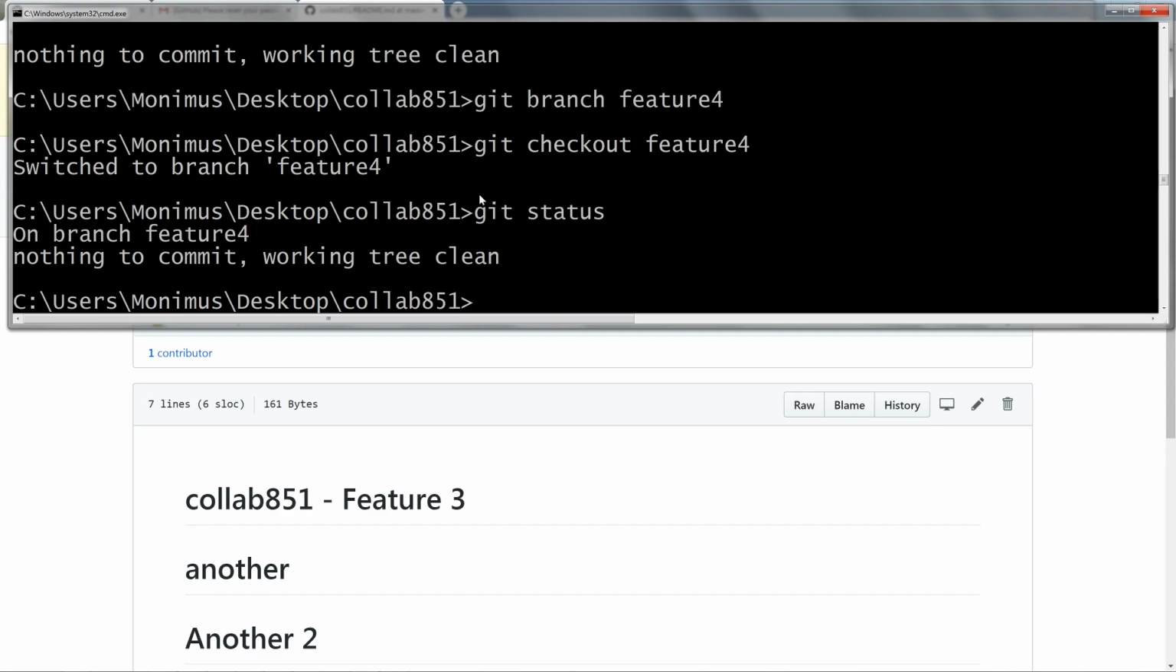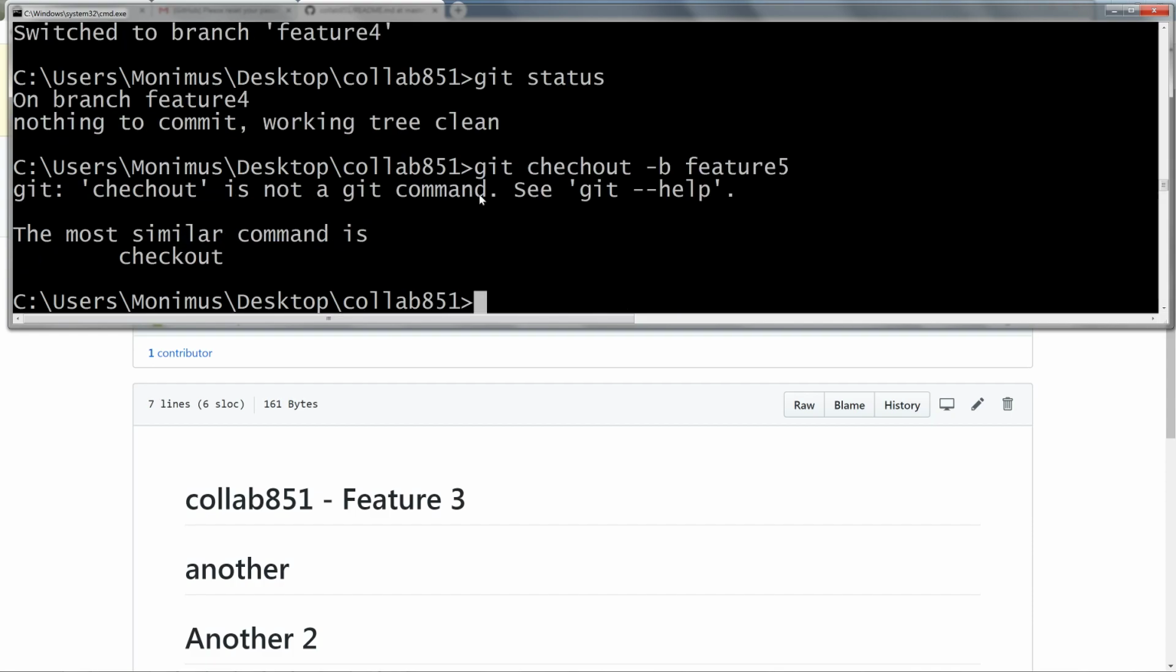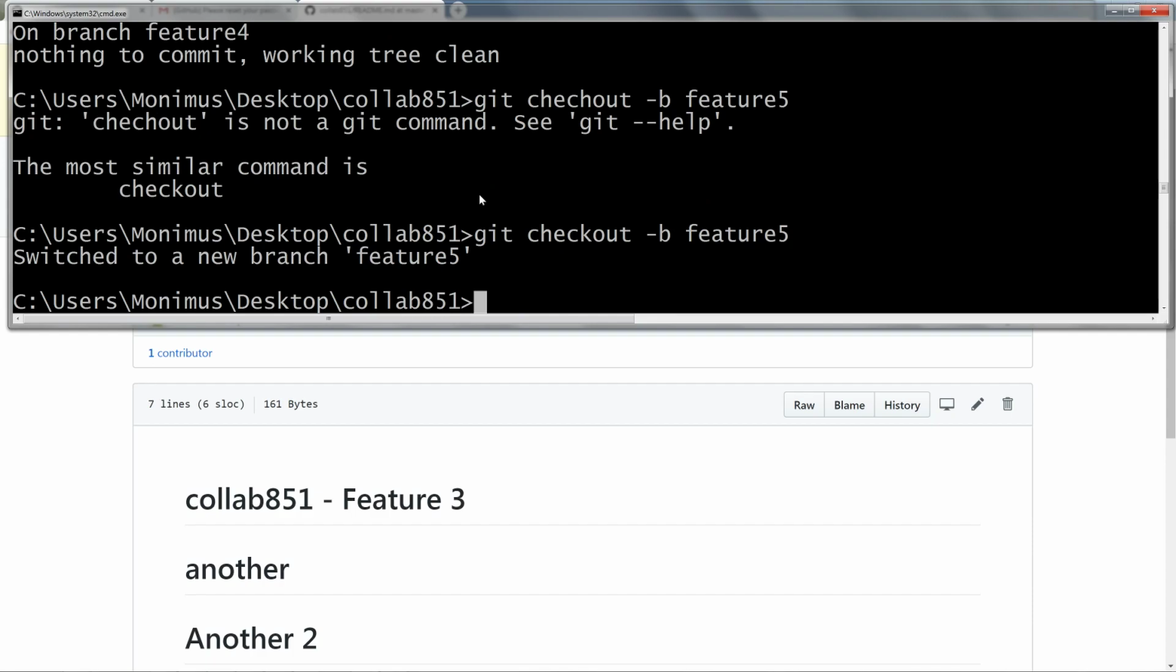I'm going to make a feature 5 just to show you an alternate, quick way to do this. I can do git checkout -b for branch feature 5, and that would give me a feature 5 branch. So basically git branch, name of the branch, will make a branch called that name. Git checkout with a dash b will make a new branch and put you on that branch. I can switch branches by going to git checkout feature 4. So if I wanted to change to the feature 4 branch,